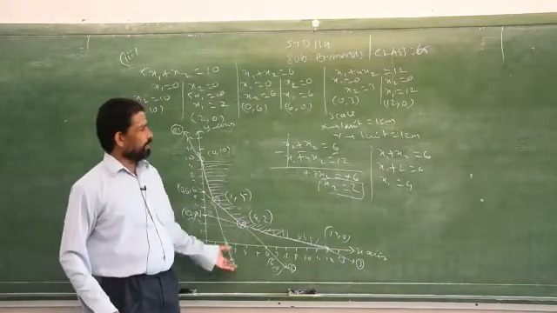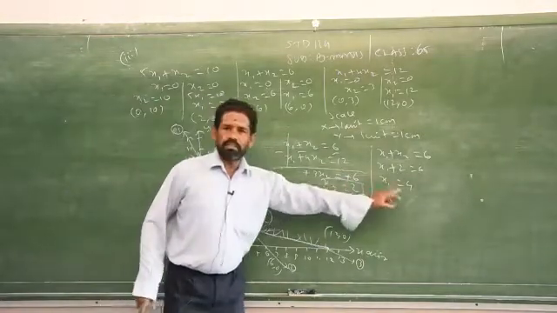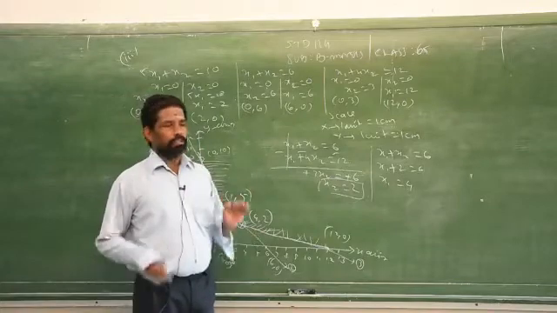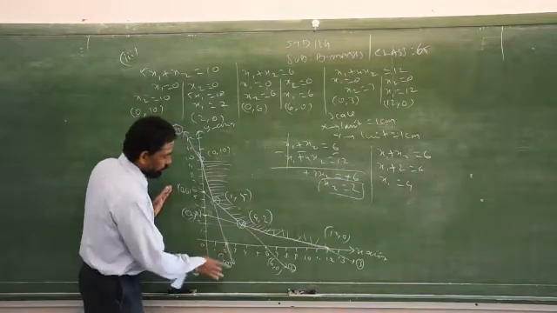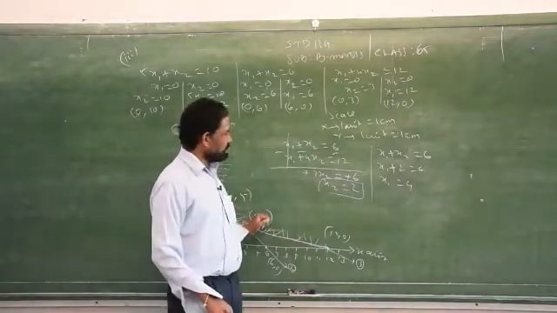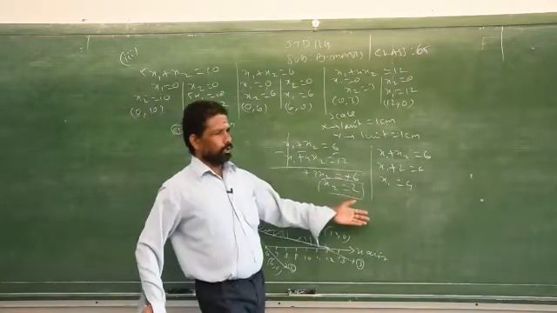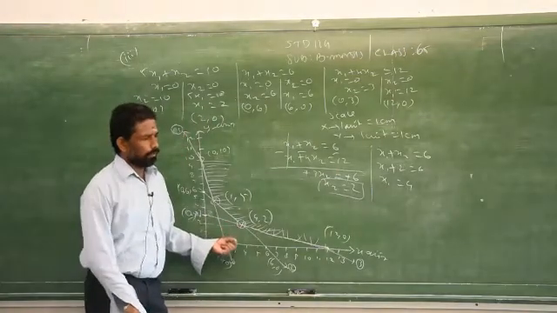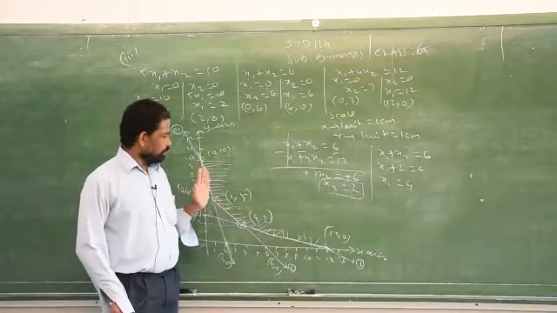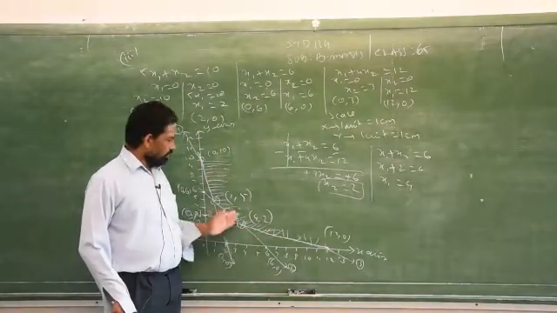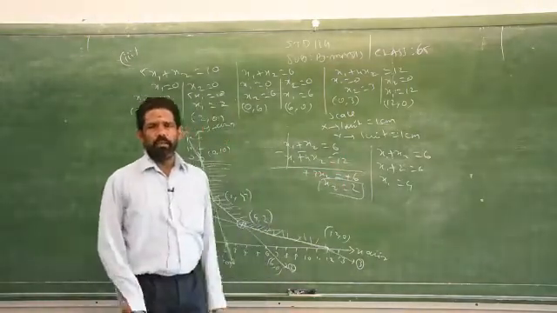So you just have to verify your answer by applying the elimination method. Don't think that you will always get a whole number. Sometimes you will get a decimal part also. Clear? So my suggestion is, if you have any confusion in getting that point, please verify your answer using the elimination method. Clear? Solve those two equations, depending upon the intersecting points, and check your answer with the graph. Better. So here I did not get any fraction or decimal value. If you get a decimal value, please check your answer by using the elimination method.